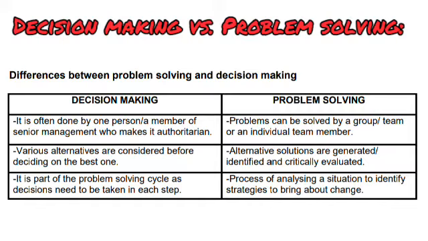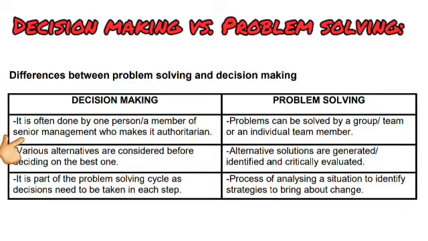So let's look at the difference between decision making and problem solving. The first bullet under decision making says it's often done by one person or a member of senior management, which makes it authoritarian. Then under problem solving, the first bullet says problems can be solved by a group, team or individual team member. So decision making is about coming up with what we are doing, a plan of action. Usually that one is taken by one person, because we can't have multiple people trying to make decisions,